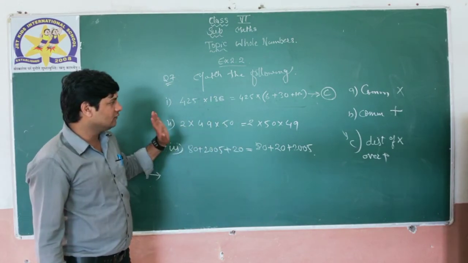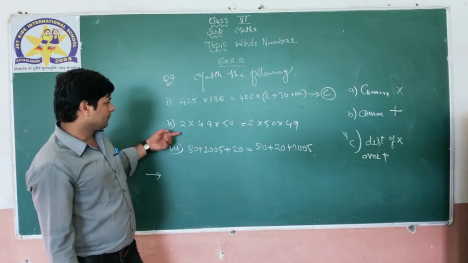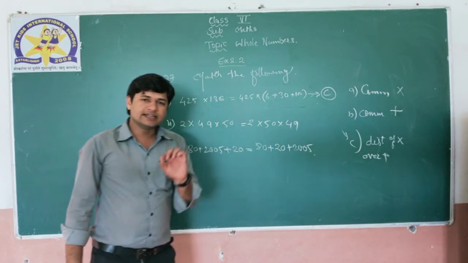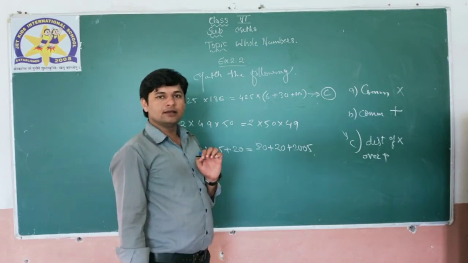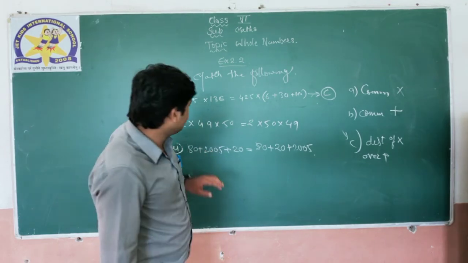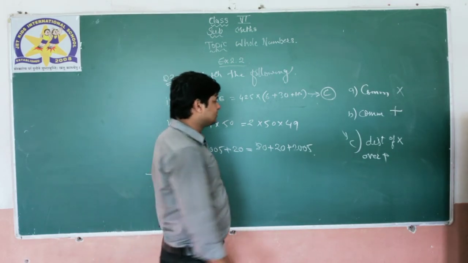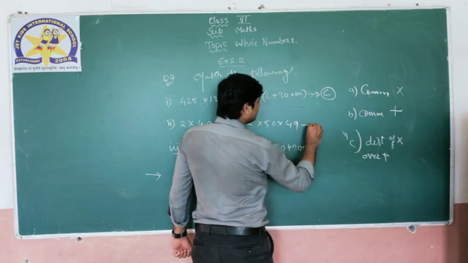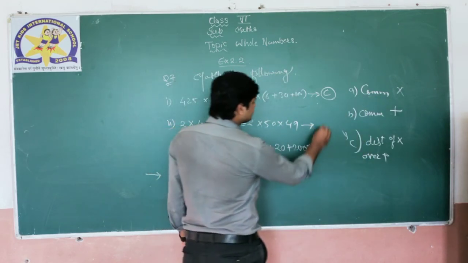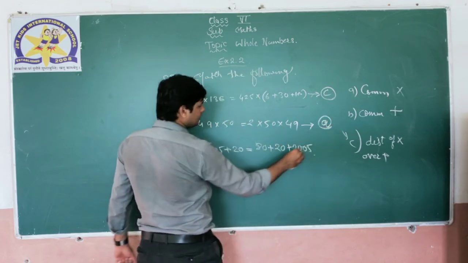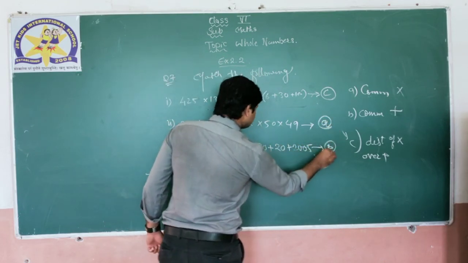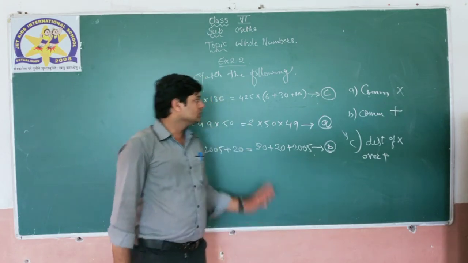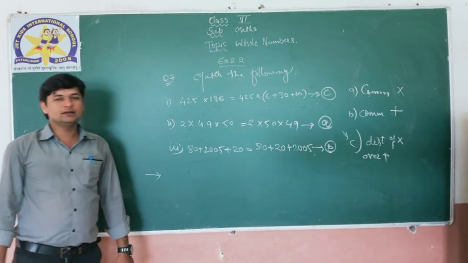Clear? This is how you will write the answer of match the following. Okay. And the second thing, I am just changing place. Changing place we did in our commutativity, but it is in multiplication. So this covers commutativity under multiplication. So A will be your answer, and the remaining one is B, that is commutativity under addition. Clear?